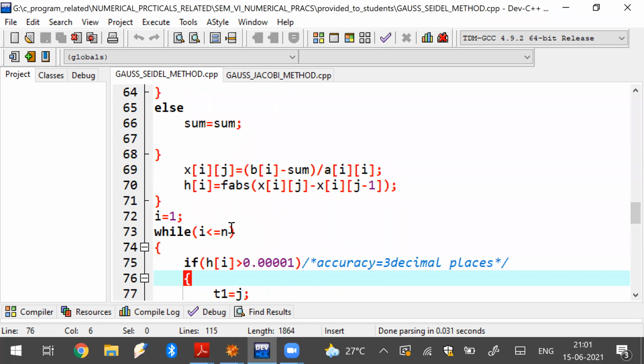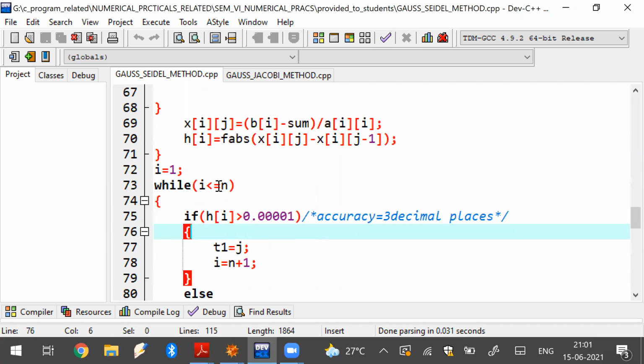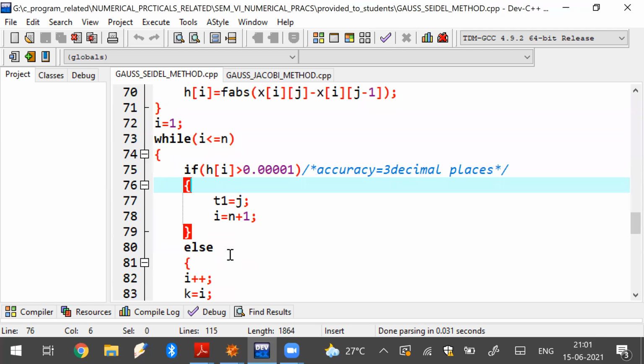Now suppose at the last, for I from 1 to n, every variable you have calculated the j step value, they are matching. That means they are violating this. Violating this means what? Accuracy reached. Okay, then what I have to do, I have to go to the step where we will now print. That means the step is completed, no further iteration required. So that part is now controlled by this else part.